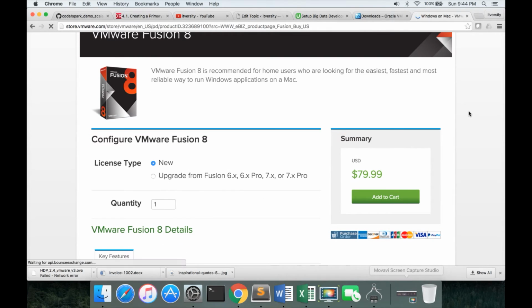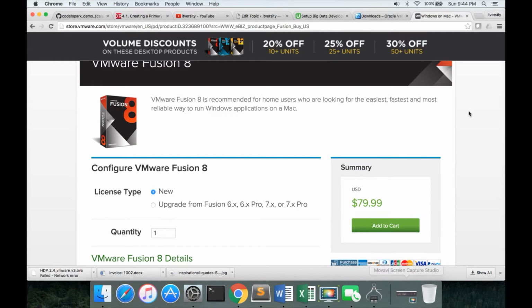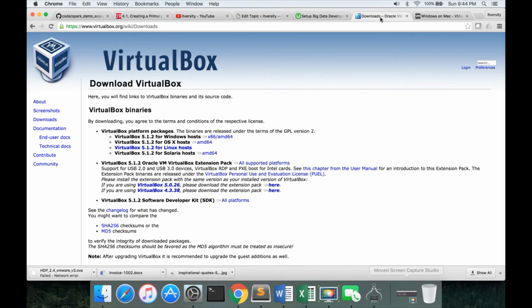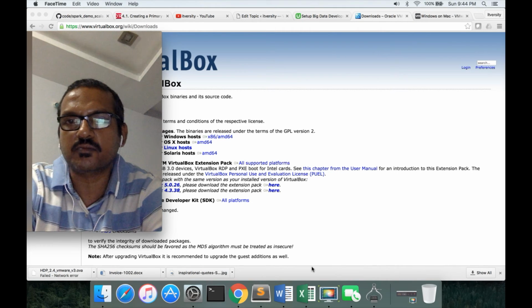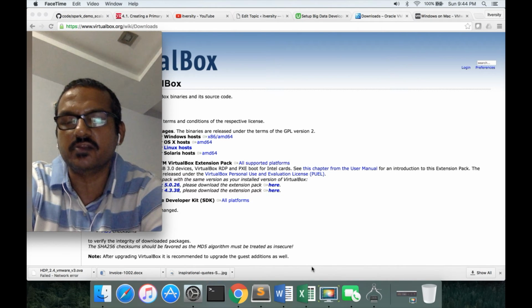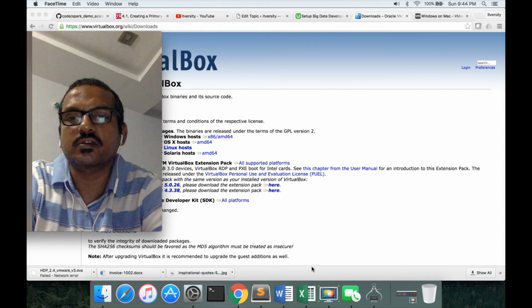If you want to leverage this virtualization software on your Mac in future to explore many other technologies, I will highly recommend VMware Fusion, because it's a lot simpler to maintain virtual machines using VMware Fusion. VirtualBox is absolutely free. If you just want to learn big data in the next 6 months to 1 year, and you don't want to create too many virtual machines, I will recommend VirtualBox. It's up to your choice which you want to install, but install only one. There is no need to install both.